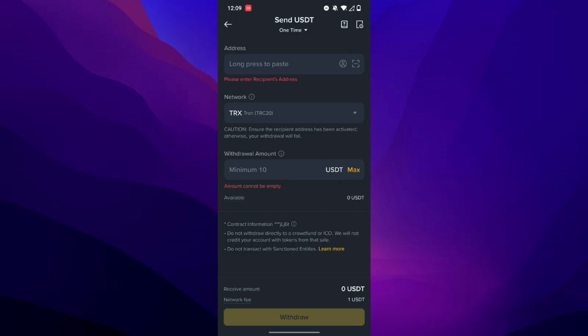It's also a good idea to carefully check the address, network, and amount one last time. Taking this extra step ensures everything runs smoothly and keeps your funds safe. And that's all there is to it. By following these simple steps, you'll be able to transfer USDT from Binance to another exchange using a Trc20 address,